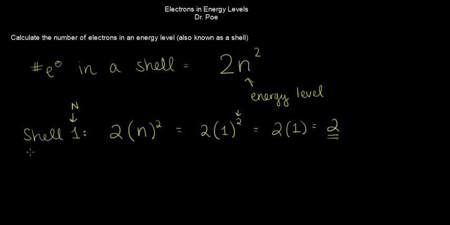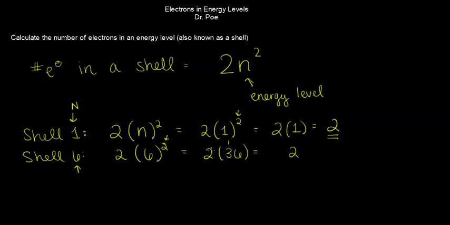Okay, so now let's jump up to, say, the 6th energy level, or the 6th shell, just to give you an idea. So again, we're going to do the square first. We just plugged in 6 for the n because we're in shell 6. So 6 times 6, or 6 squared, is 36. And 2 times 36 is 72. So there's 2 electrons in the first energy level, there's 72 electrons in the 6th energy level,